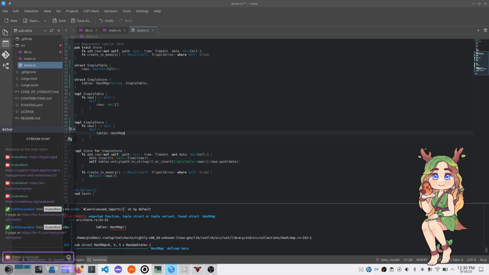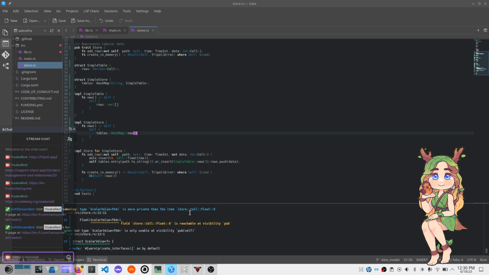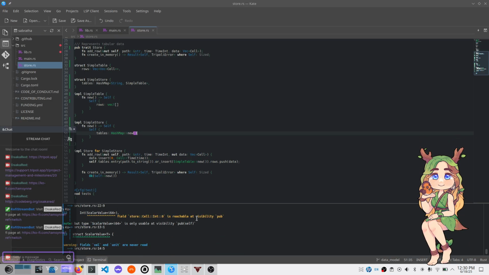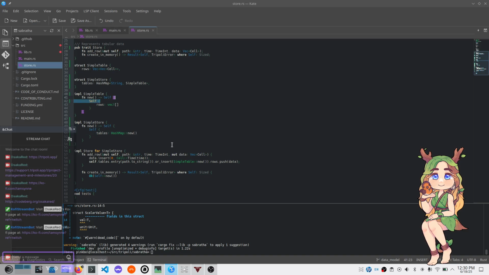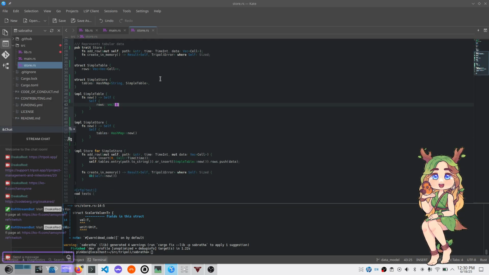Oh, probably do something like new. Duh, this isn't C++. Okay, it compiles at least. Down to given value. Okay, now